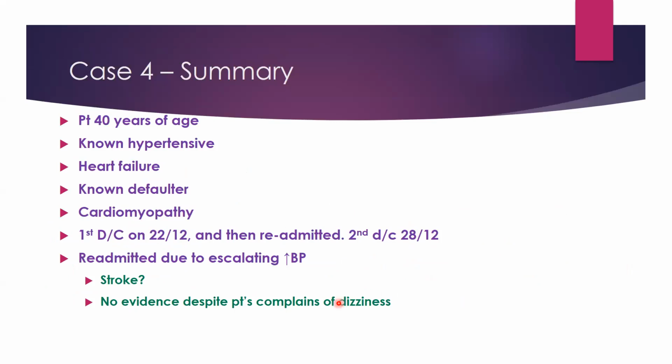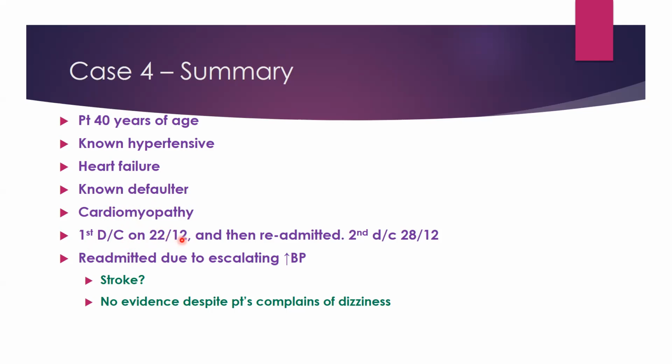Case 4, let's look at this case. This is the history. Patient is 40 years old, non-hypertensive, already has heart failure, non-defaulter. They come to the clinic but are not coming for the medications, because at the pharmacy they give supplies each month rather than 4 months. In a way it's a good thing, even though it's quite cumbersome for them to go every month to collect their medications. So, not very well. In terms of prognosis, already has cardiomyopathy.